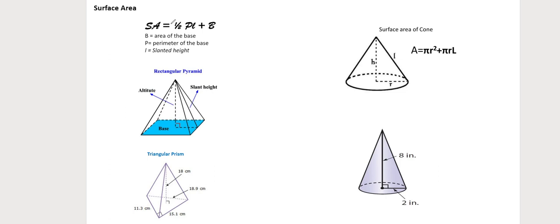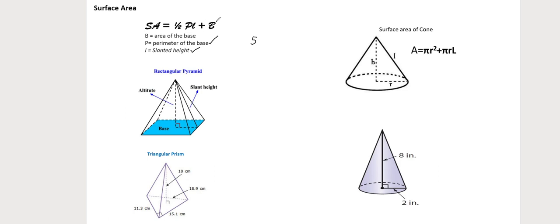For the surface area for a pyramid, we have that it's going to be 1/2 of capital P, and capital P stands for perimeter of the base. So this is something new. You need to do the perimeter of the base. You add everything around, multiplied by the slanted L. Slanted L is the slanted height of the shape of the pyramid or the cone. In some cases, they use an S, like a slanted S, and it stands for slanted height,